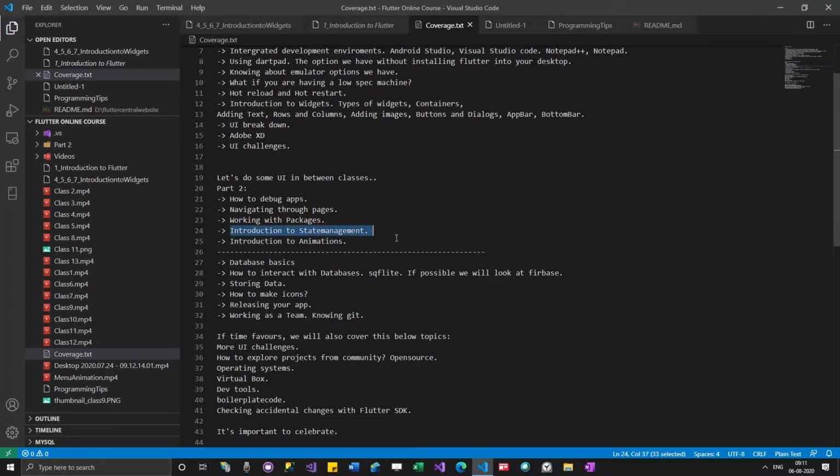So today we are going to look into introduction to state management. We'll not just be looking into the introduction of state management. We'll be exploring multiple state management options that are available in Flutter. Even though it says introduction, we'll look into depth and try to cover almost all aspects of state management. There might be a few gray areas which you need to learn by yourself, but whatever I am going to share here will be very much sufficient for your apps.